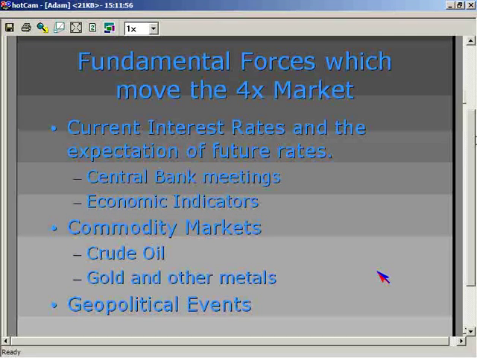You'll notice gold and the euro tend to have a very strong correlation. They both act as a hedge to the U.S. dollar. Gold, and we'll talk about this a little bit later, but gold and the Swiss franc also have a pretty